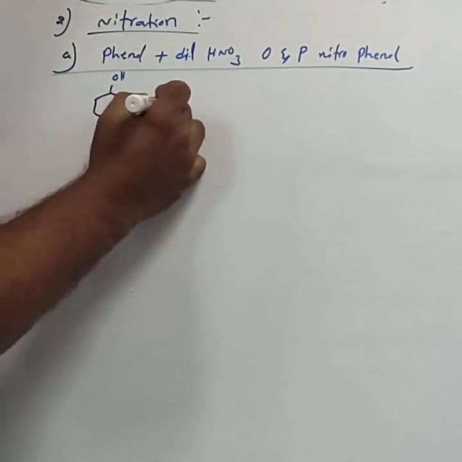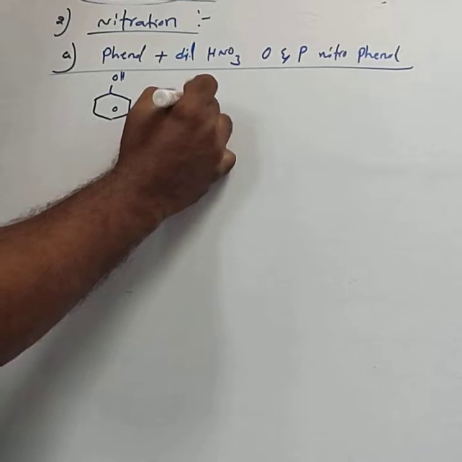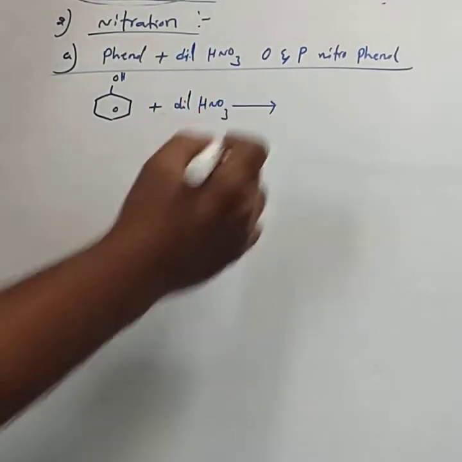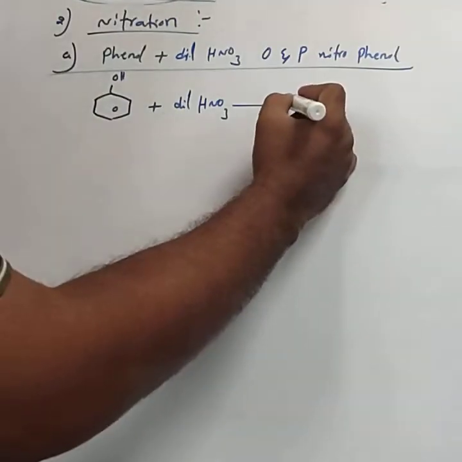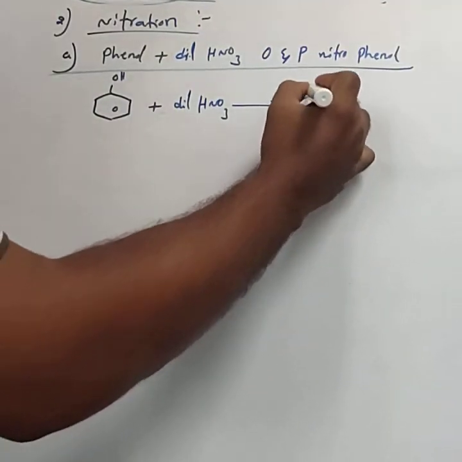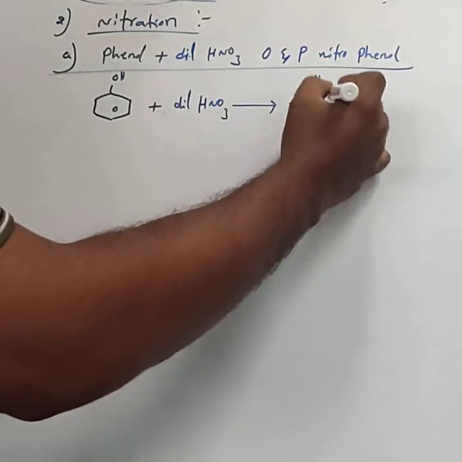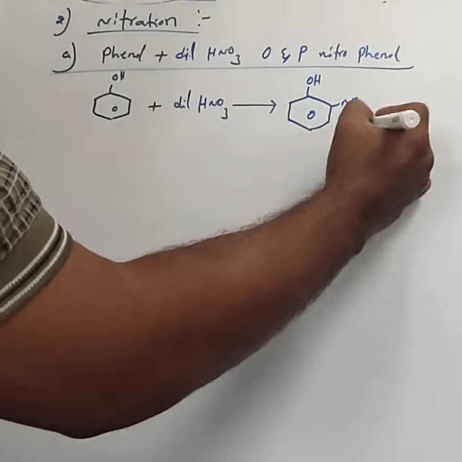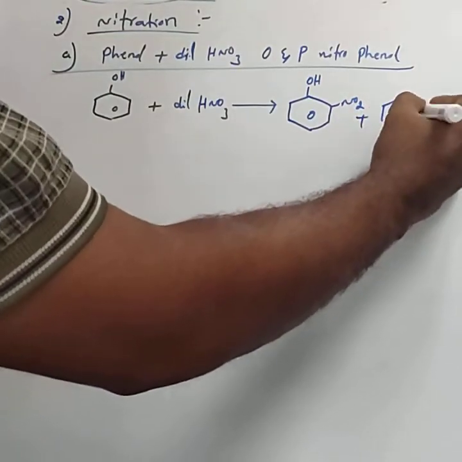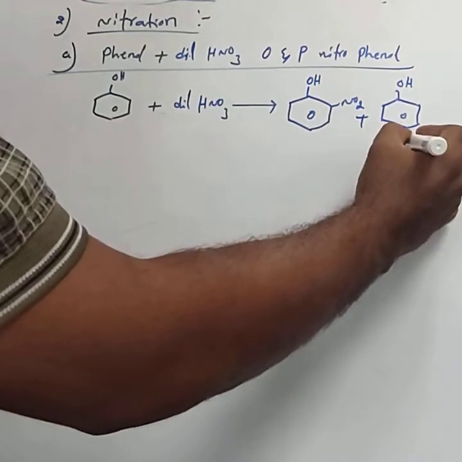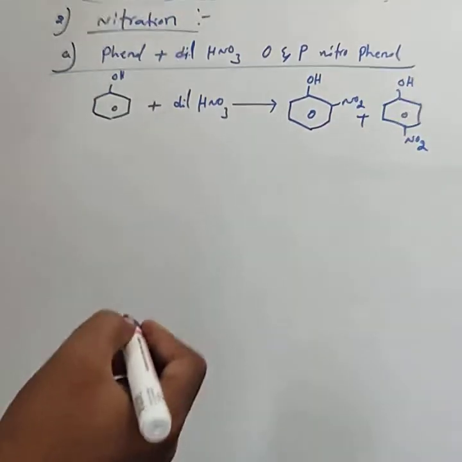When phenol is treated with dilute HNO3, this is most important, dilute condition. Write the 2 products. During nitration, NO2 group is introduced. NO2 gets added at the ortho position. For the other product,